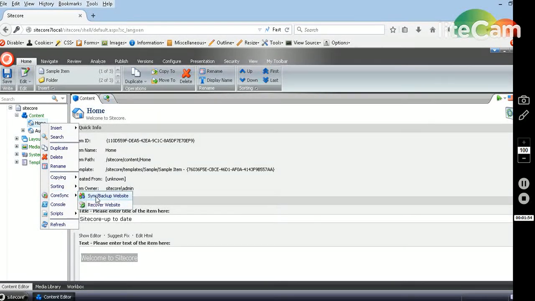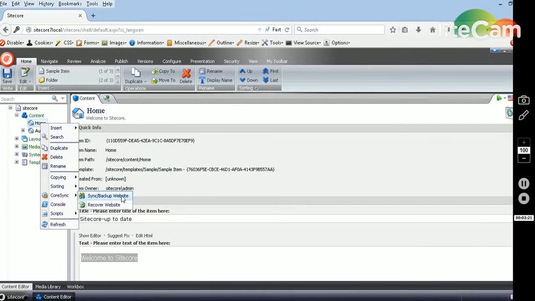It has two options. One is sync backup website, which will basically transfer your data from one system to another system. Another one is recover website. If this is your target system, which means your backup system, and you want to recover something from your backup system back to the source system, you can use this wizard.